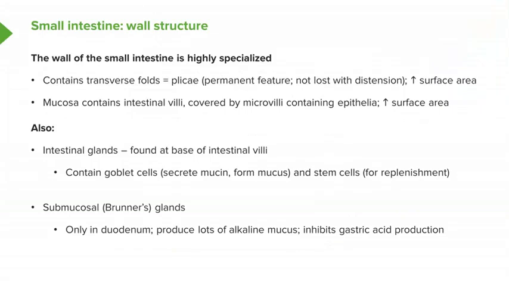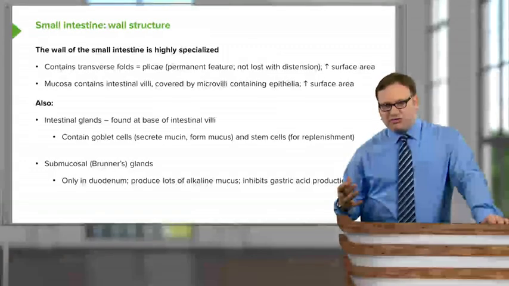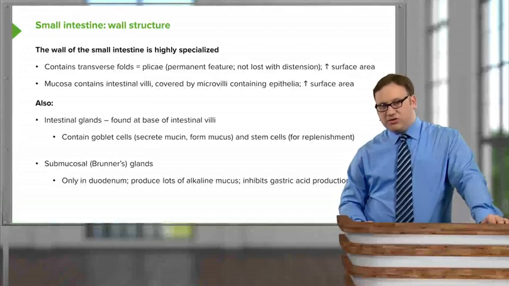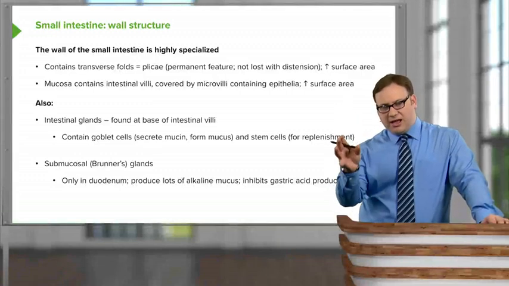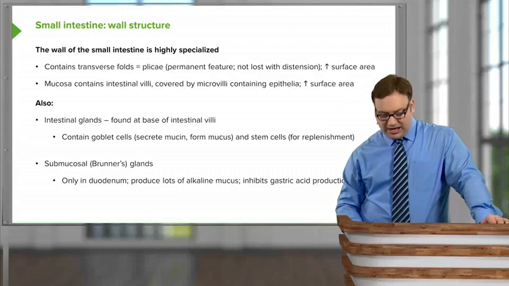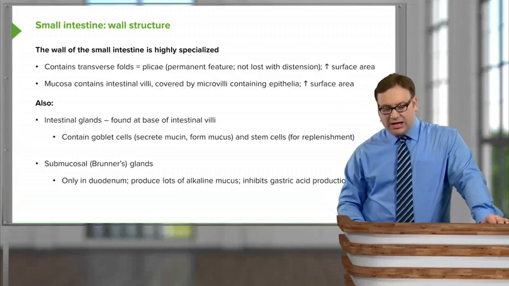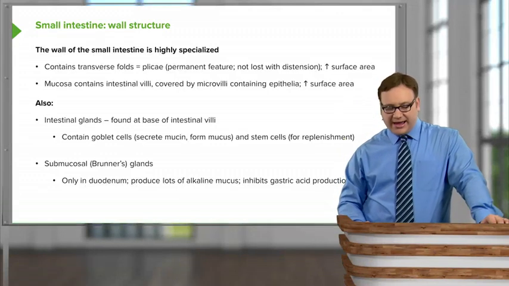We also, and these are only found in the duodenum, have what are known as Brunner's glands. These Brunner's glands, located in the duodenum, produce lots of alkaline mucus. This is really important as it helps to protect the duodenum from any acid that's creeping into the duodenum from the stomach. It also helps to inhibit the gastric acid production. So once the food has passed from the stomach into the duodenum, it is no longer under attack from any acid